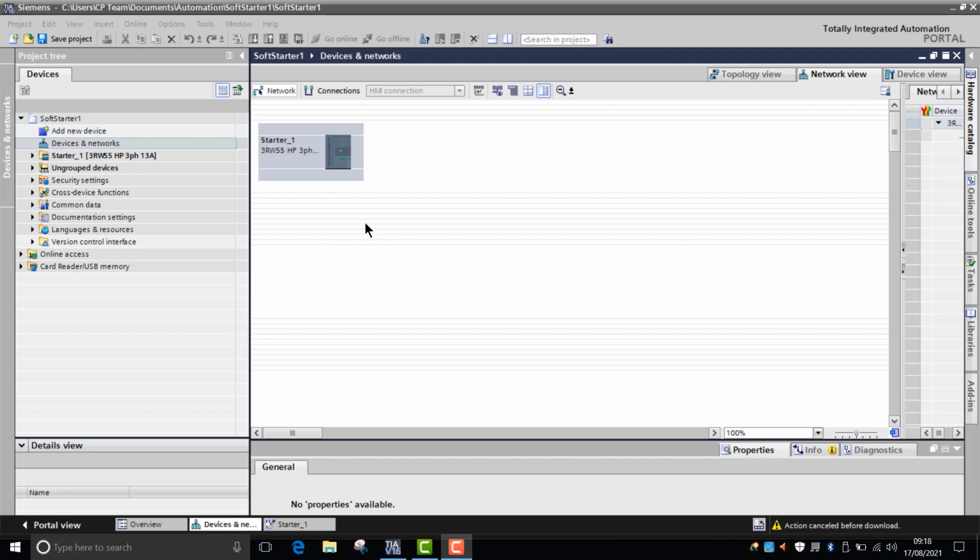And in this example I want to show you some of the functionality which is utilised in the 3RW55 high feature device. There's some condition monitoring functions in there. The one that we want to have a look at today is the active power monitoring. So active power can influence the loading status of the motor. So dependent on the limit that's exceeded, you can basically signify warnings and errors to indicate that there's potential issues